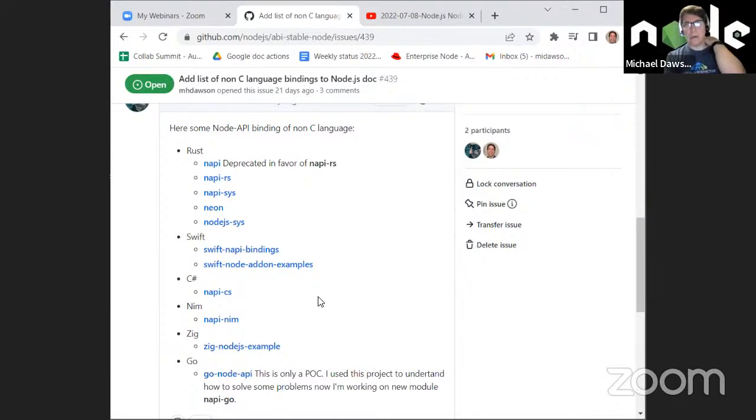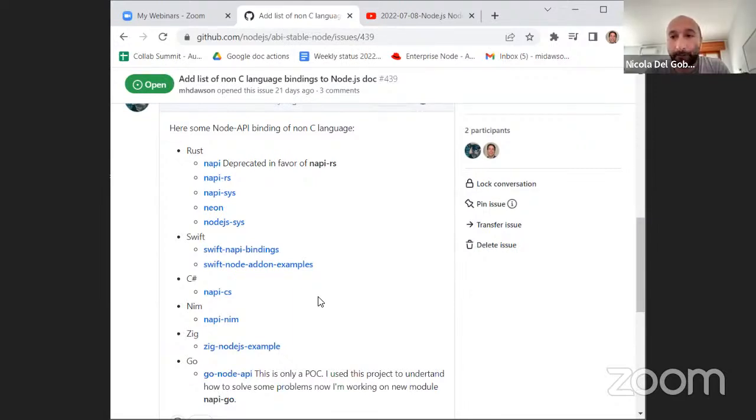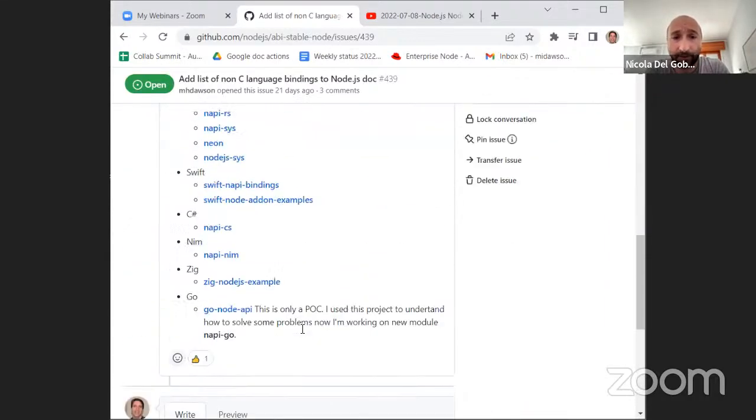Yeah, I prefer to add libraries or bindings that are now used to create some add-on. The rest of the list is a good example.